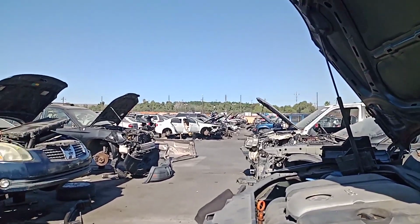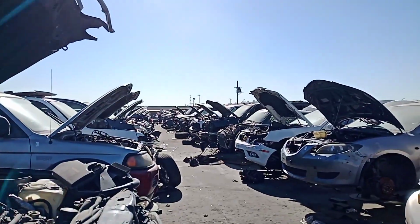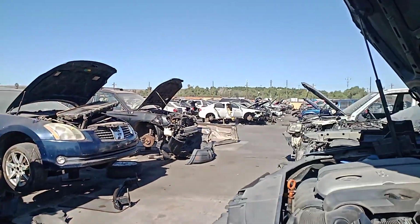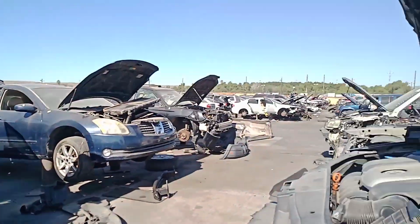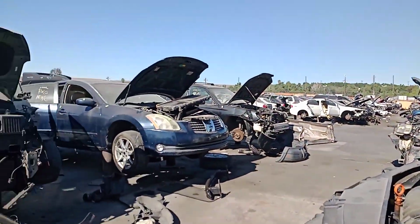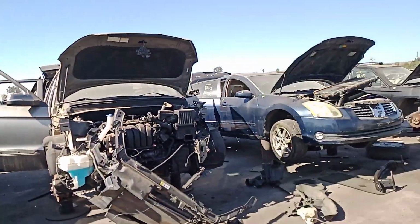Some at the junkyard looking for some parts, but unfortunately they have mixed everything up now. So you got cars here on the other side because they got rid of that double paying parking lot that they had that nobody ever went to. So this is the Sunland, but now you got to go by the